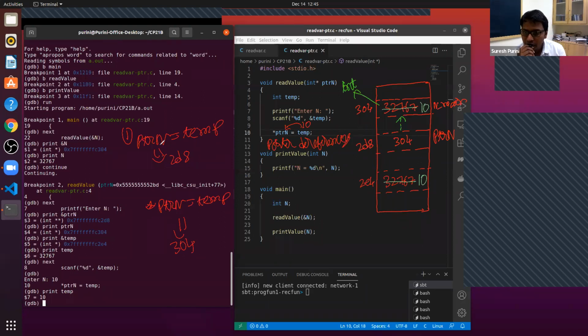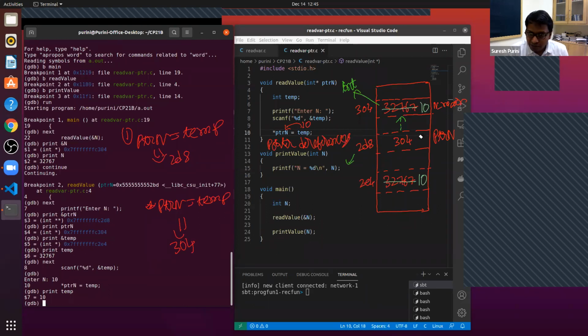All of you who have trouble. When we say PTRN is equal to temp, which memory location gets updated? The memory associated with PTRN. So what happens is when we do this, this memory location, this 2D8, gets updated.